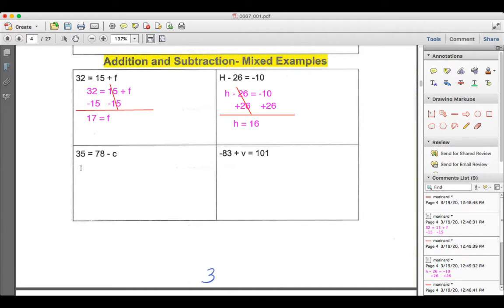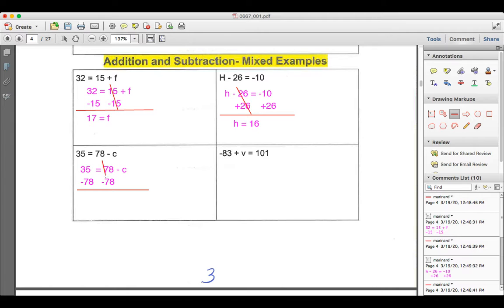I'm going to again start by rewriting the problem. Equals 78 minus c. I want to get c by itself, but let's just remember that right now I kind of have a negative c, but we'll worry about that at the end. So if I want to find the zero pair to this 78, I'm going to need to subtract 78. Oh, not 178. I'm going to need to subtract 78 from both sides. And we'll do another minus 78 here. I'm going to grab my line. I'm going to draw my line. I'm going to cross out